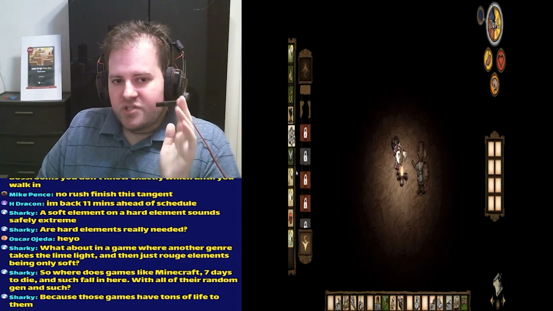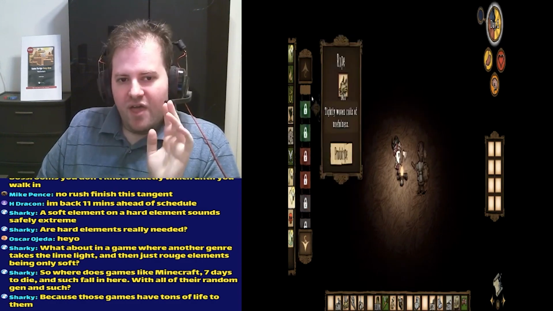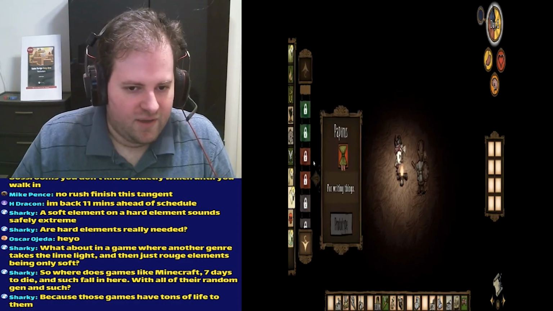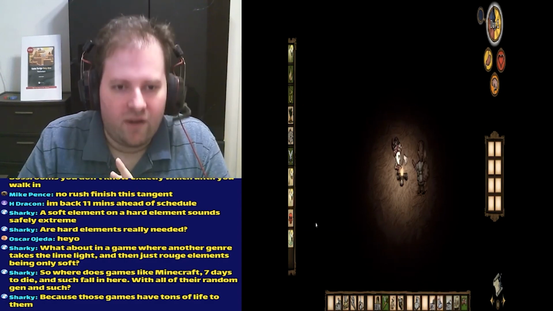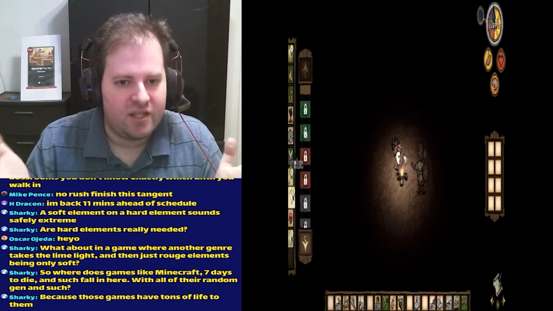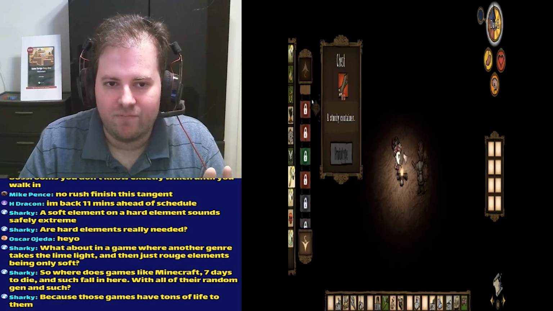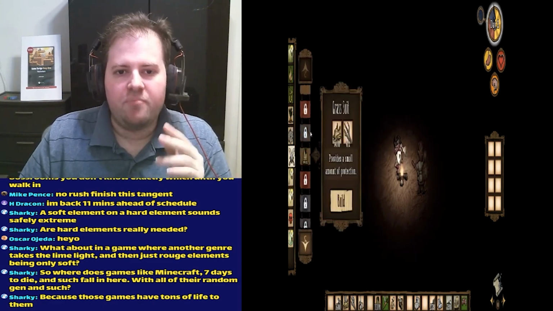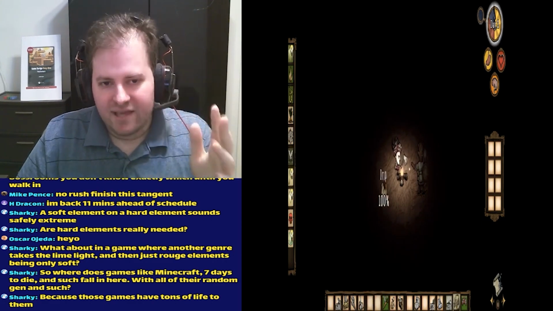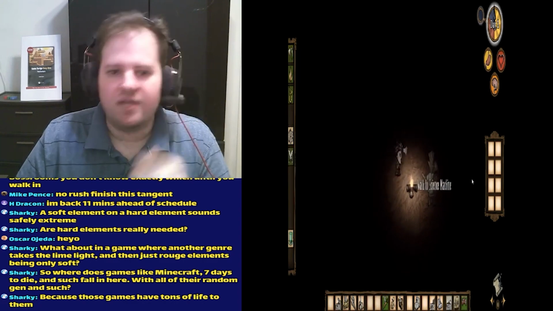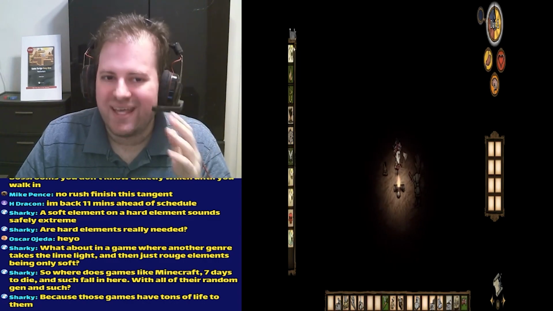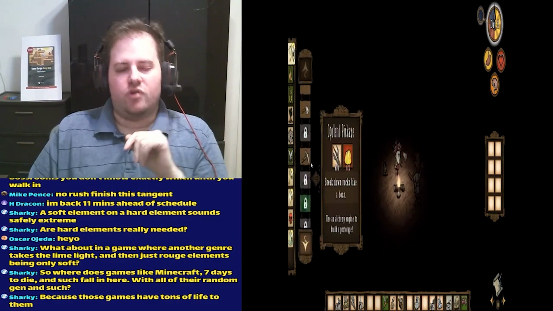And because of that fixed nature, there are specific strategies. Now again, you can get really lucky in FTL just as you can in roguelikes and maybe not need them. But when you have a boss that makes use of X strategy, you need the right counter to it. And if you don't get that, you're going to be in trouble.